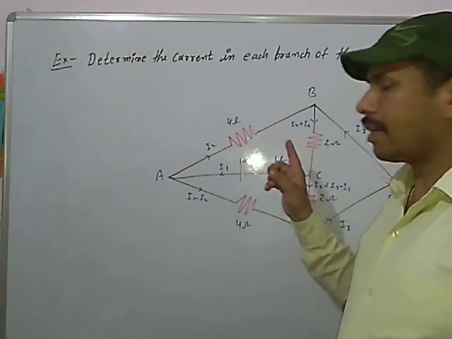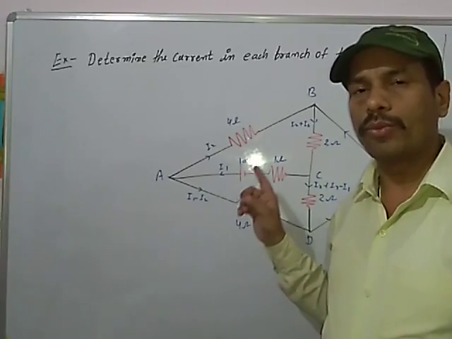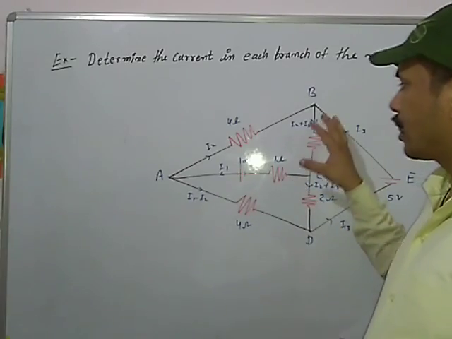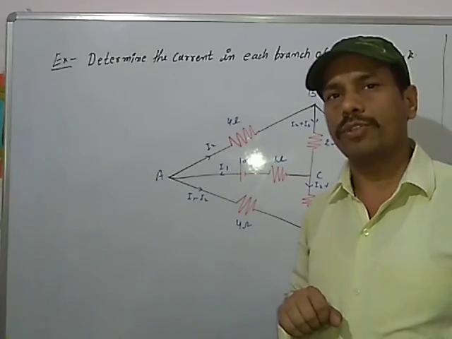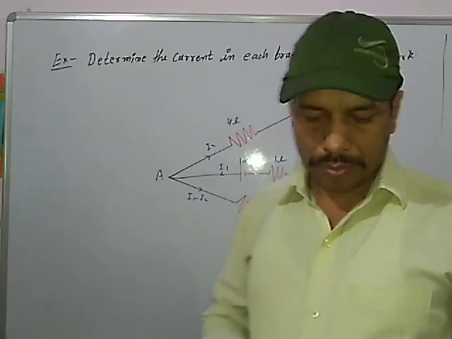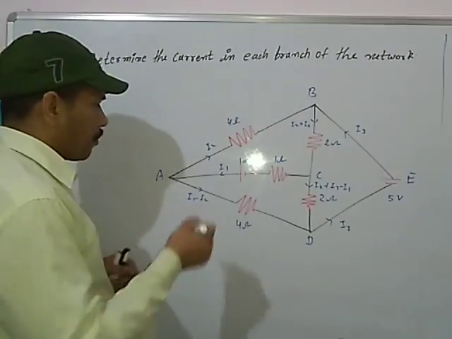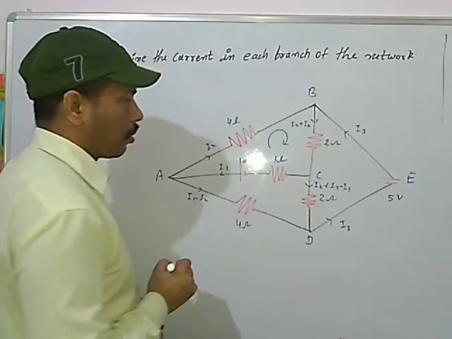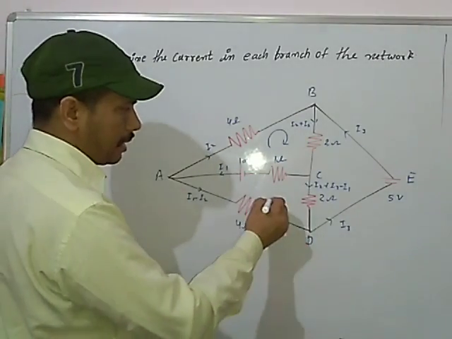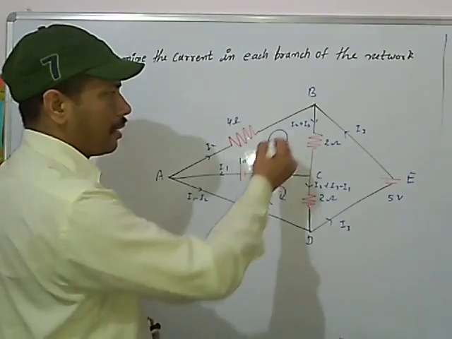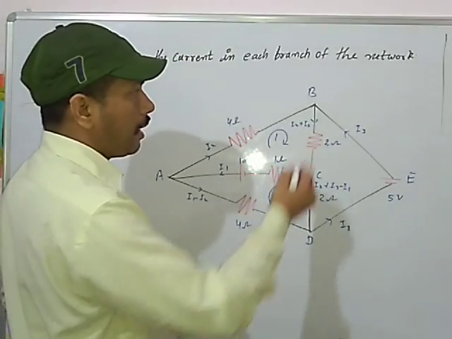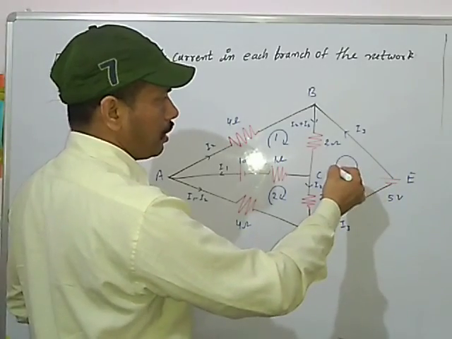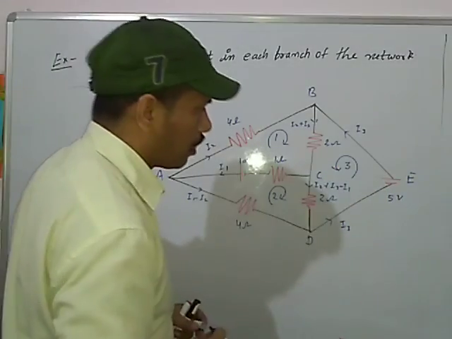So to calculate that, we can apply the Kirchhoff rule to find I1, I2, I3 first of all, and then after we can find the current in each branch of the network. Now consider few loops. For example, ABC is a loop in which we can move in the clockwise direction. ACD is again a loop. This may be the second one, this is first one, this is second one, and BCDE may also be a loop. This may be the third loop.